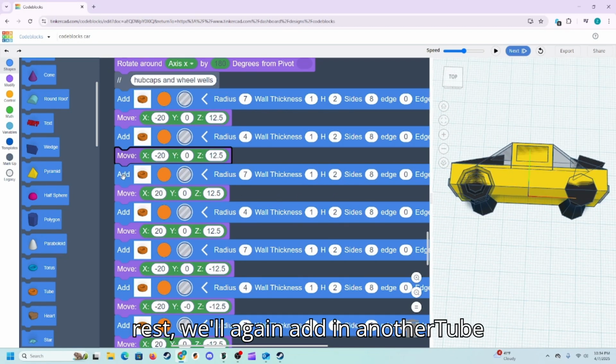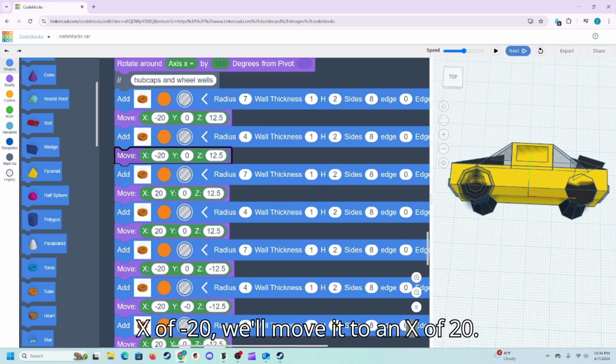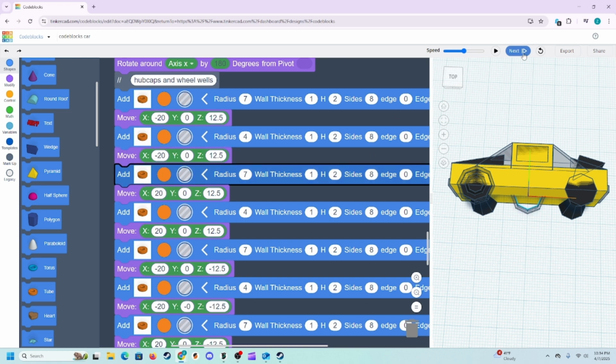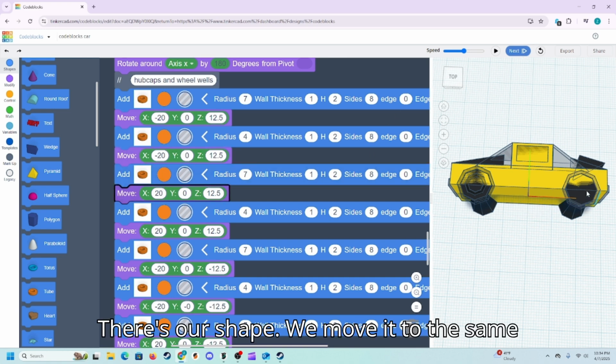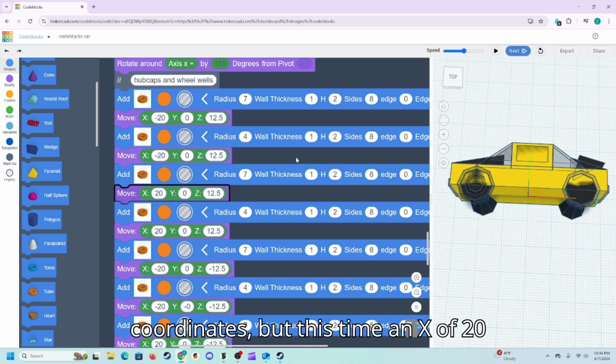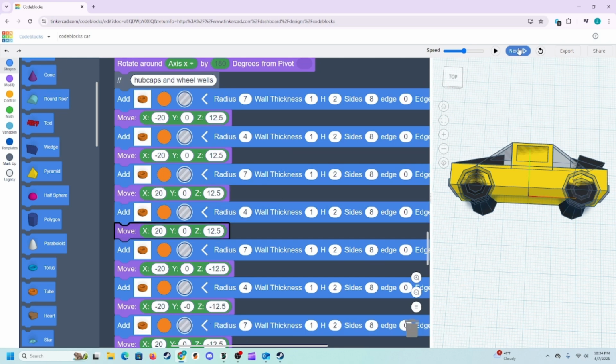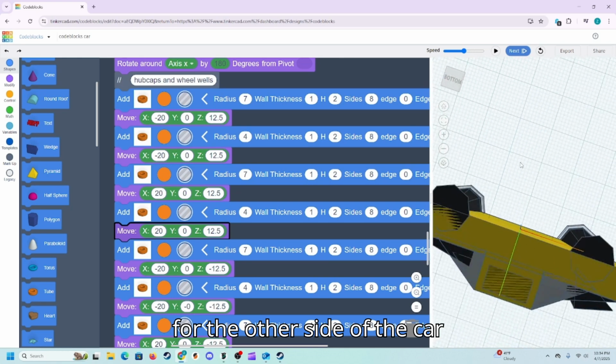To make the rest, we'll again add in another tube, and this time instead of moving it to an x of -20, we'll move it to an x of 20. There's our shape. We move it to the same coordinates, but this time an x of 20, and the hubcap as well. For the other side of the car,